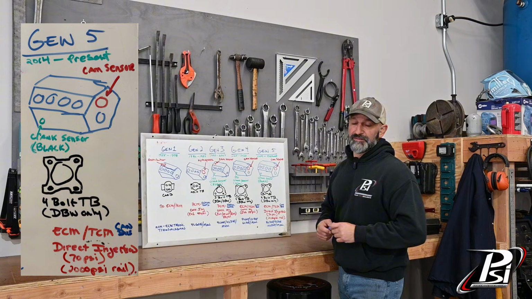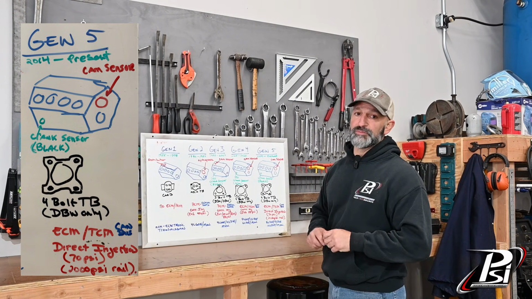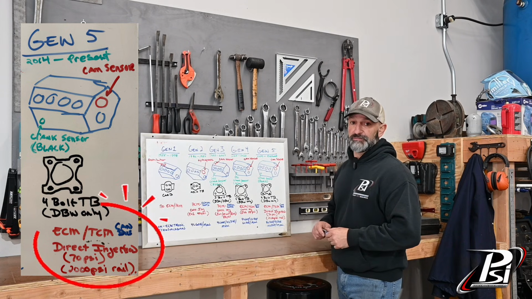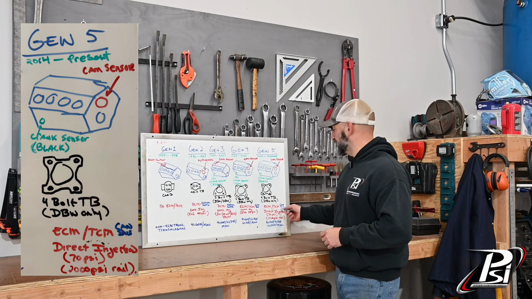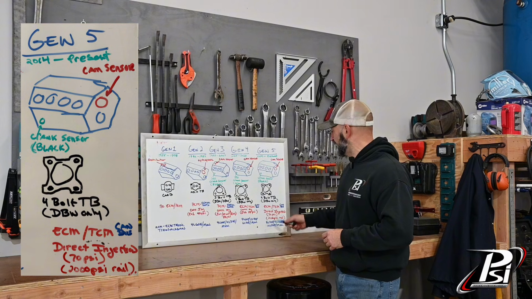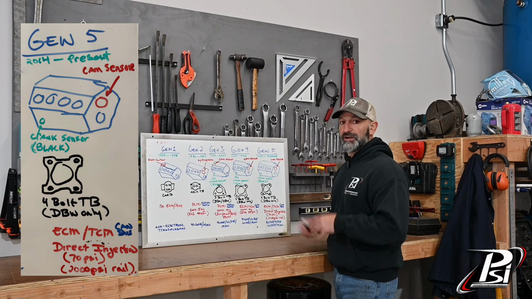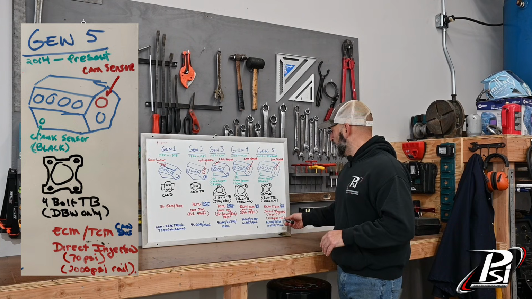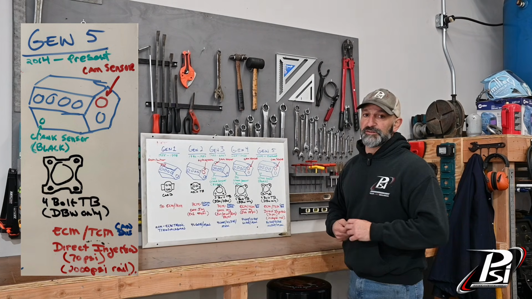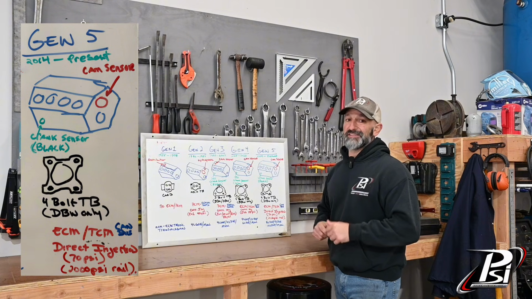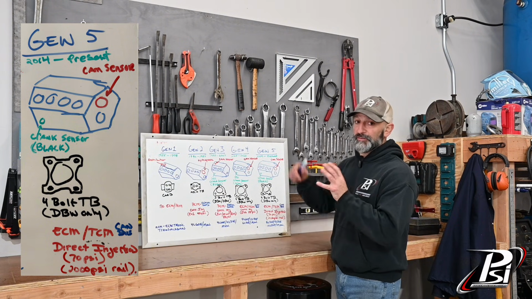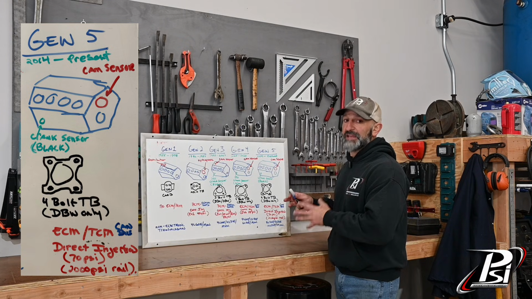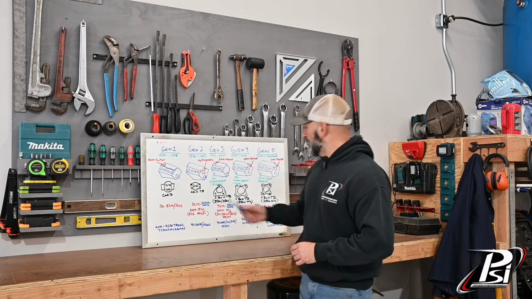Lastly, we get into Gen 5, and this is one of the big changes when it came to the Gen 5 architecture, and that was going to direct injection. We still run an ECM and a TCM, we're still running a CAN bus information system. However, direct injection requires a bigger controller. We're running at 70 psi line pressure, which is generating 2,000 to 3,000 psi of rail pressure inside that direct injection system. So again, no conventional injector anymore, we have direct injection. And that's the major difference on Gen 5s. I'm going to go lastly to